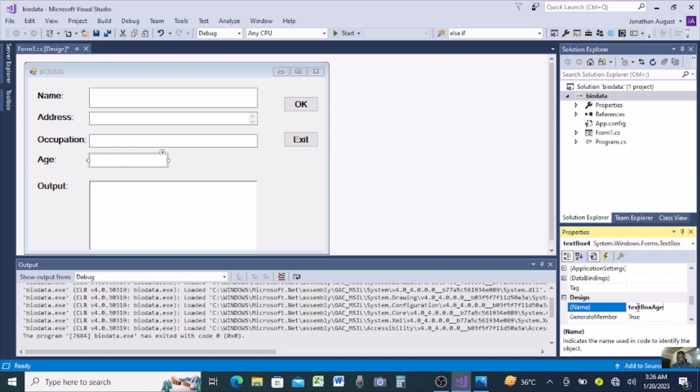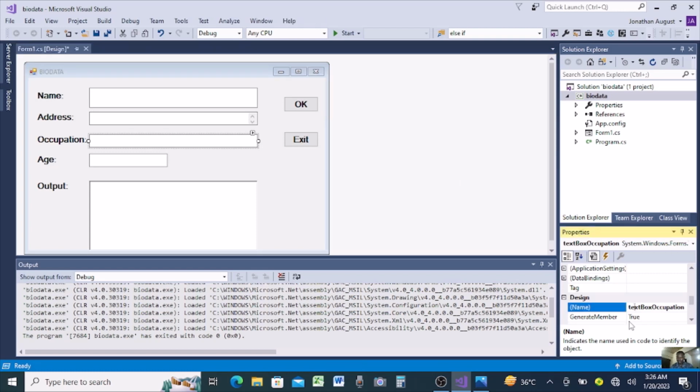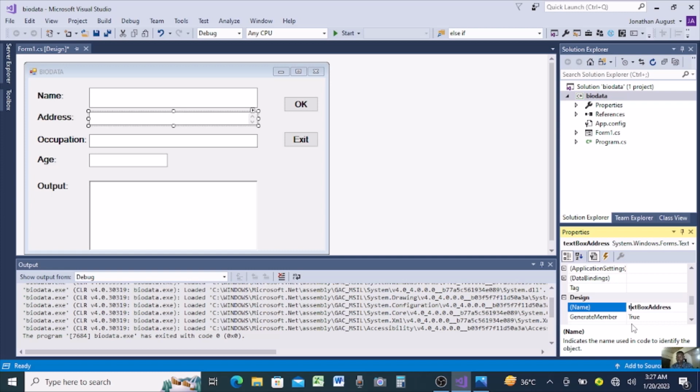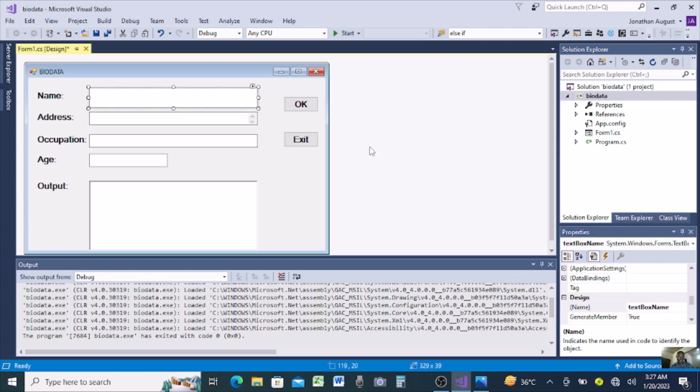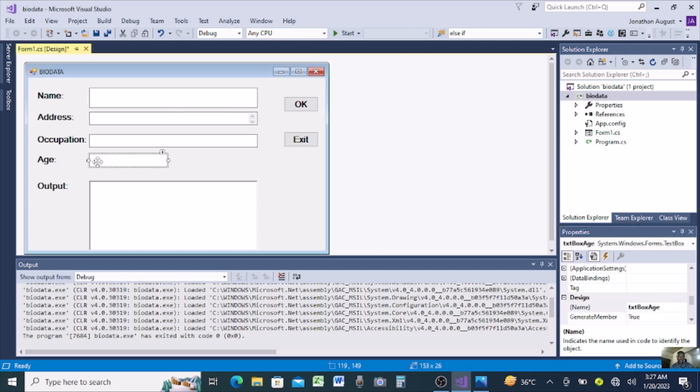Sorry, we are going to eliminate the E from the text box. Let me just go back and remove the E from the text box. Still go back to address and remove the E from the text box. Then let me go back to the name and remove the E from the text box. Then after the H,